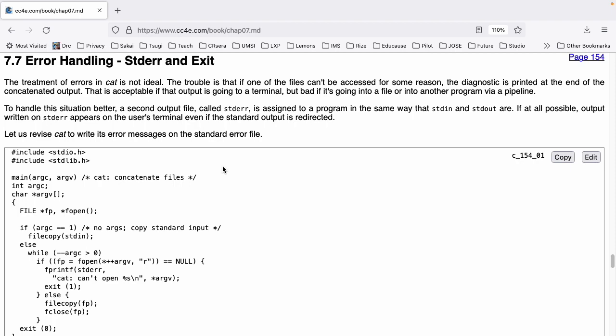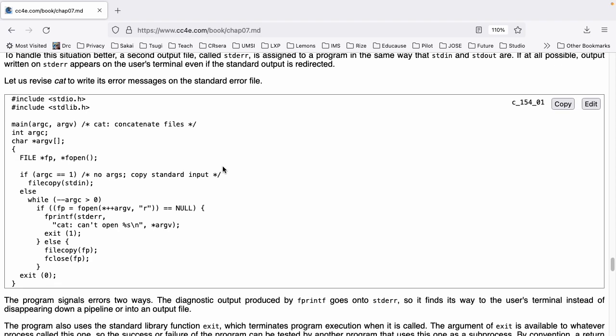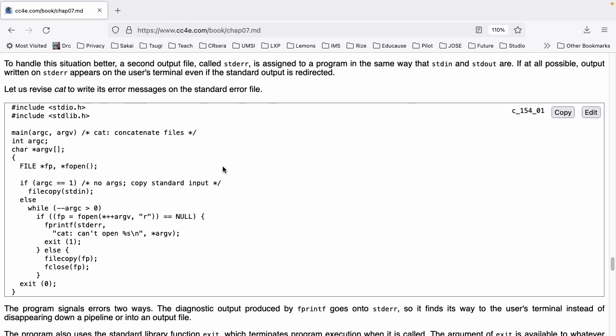To handle this situation better, a second output file called stderr is assigned to the program in the same way that stdin and stdout are. If at all possible, output written on stderr appears on the user's terminal, even if the standard output is redirected. Let's revise cat to write its error messages onto the standard error file. This is really only a couple of lines of code different from the example on page 153. This is the example on page 154 of the textbook, which of course you can see at